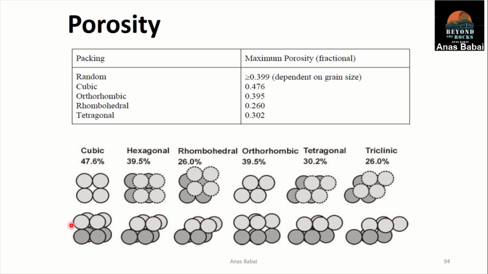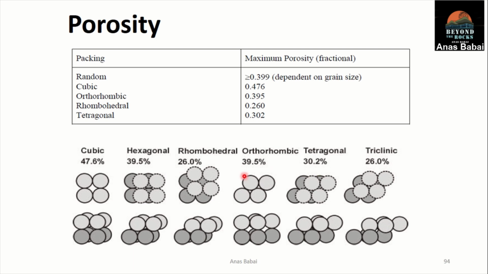different arrangements. Based on mathematical calculations, they found out that if we assume that the grain size is the same and the shape is also the same, which is a sphere, the cubic arrangement can give us up to 47.6% porosity, while the triclinic arrangement can give us 26% porosity. So with different arrangements, of course, we will have different porosity values,